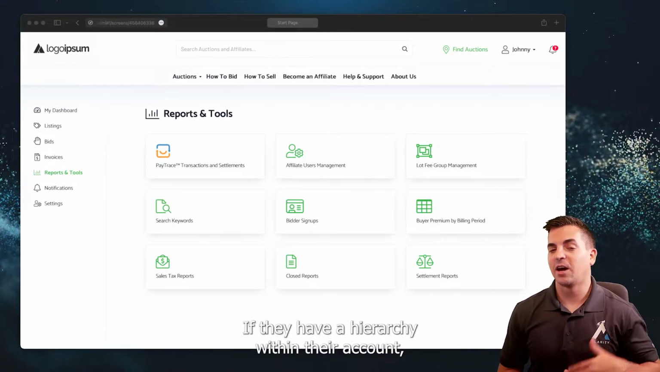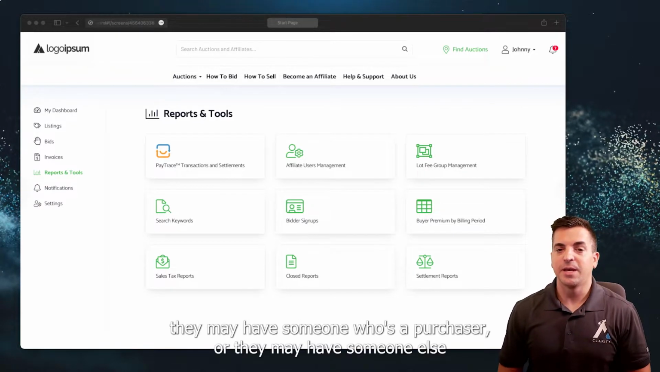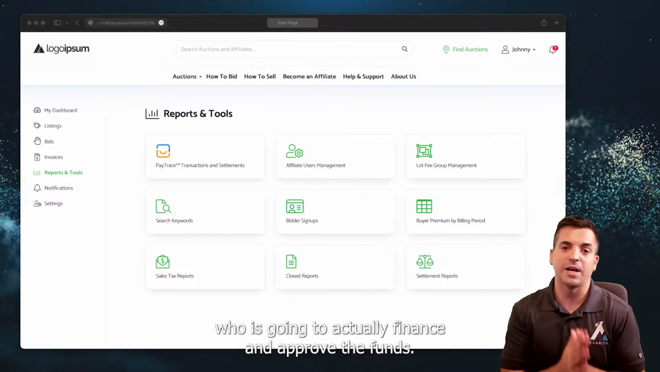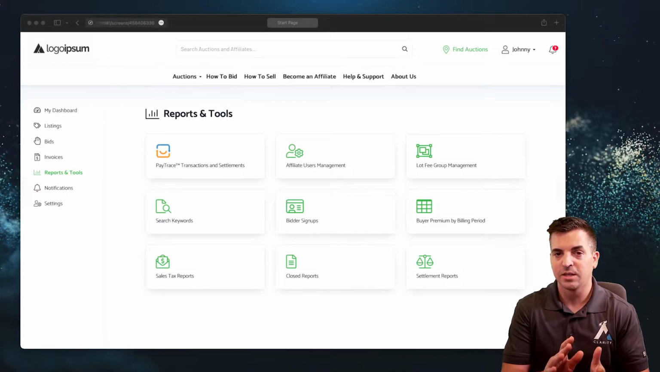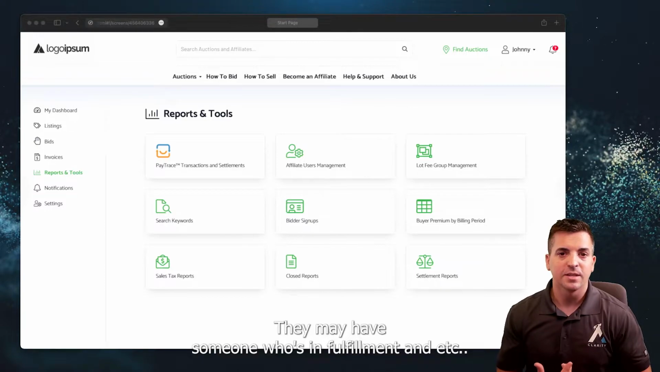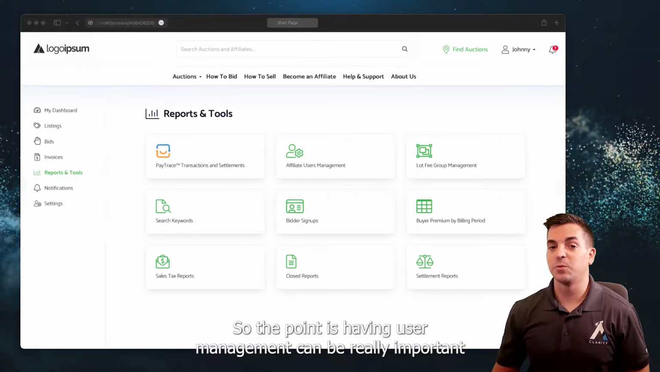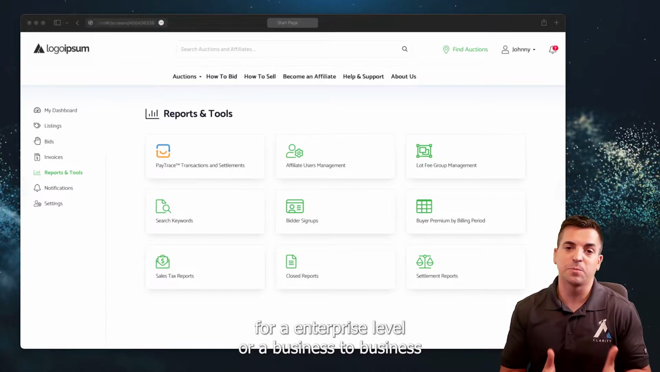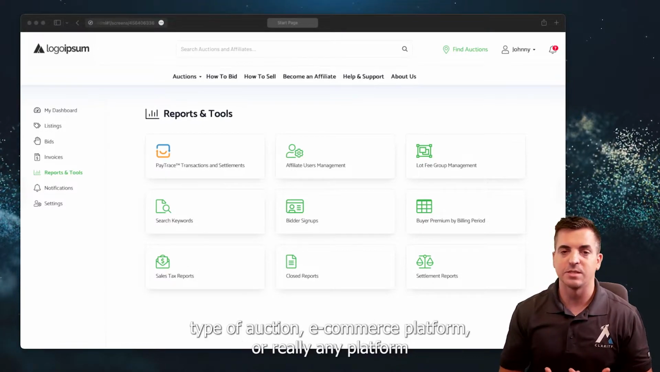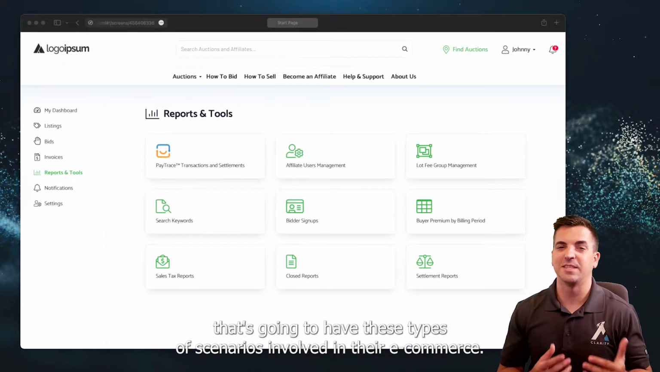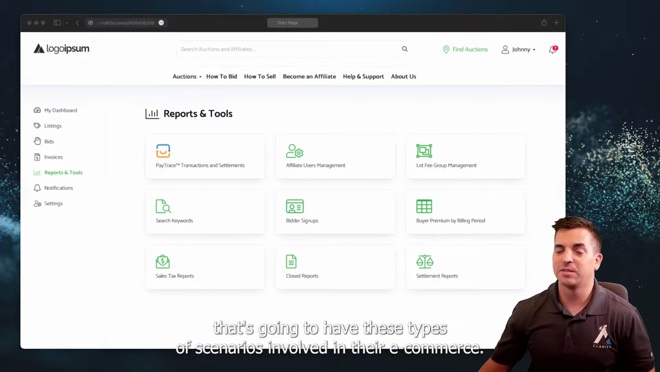If they have a hierarchy within their account, they may have someone who's a purchaser, they may have someone else who is going to actually finance and approve the funds, they may have someone who's in fulfillment, and so on. So the point is, having user management can be really important for an enterprise level or business to business type of auction e-commerce platform, or really any platform that's going to have these types of scenarios involved in their